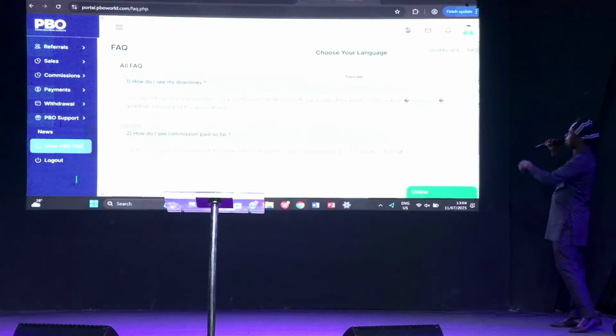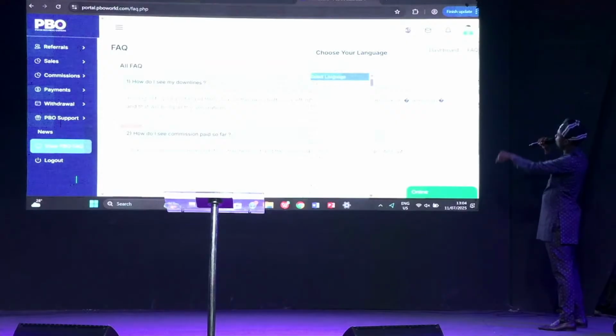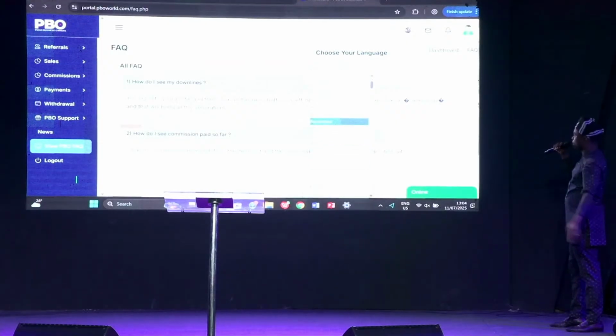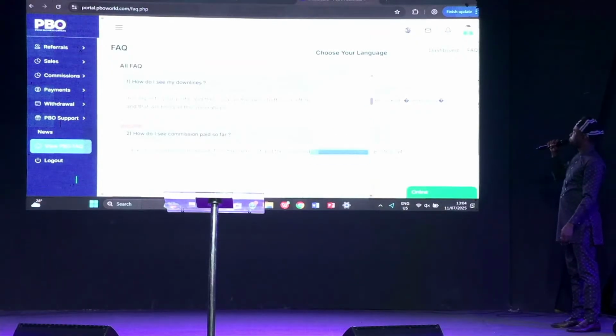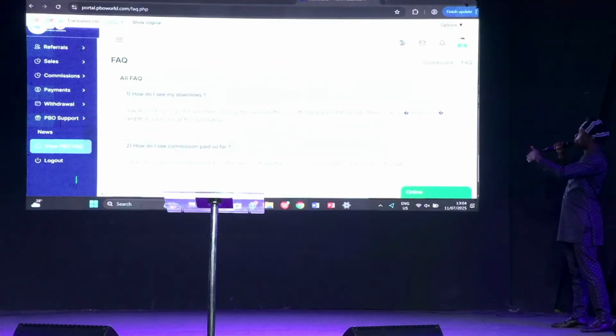Let's say, for instance, click on select language. Thank God we are logging out. We can put it in French. Or do we have Igbo here or Yoruba? Yes, so we can put it in. So automatically,